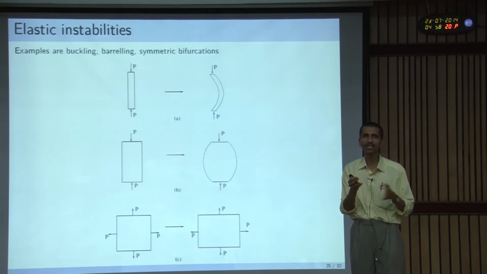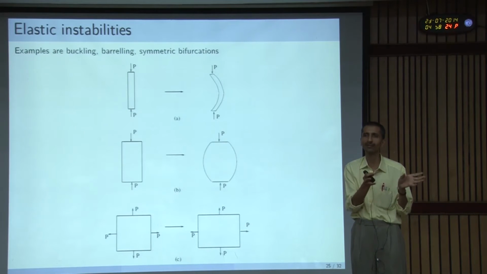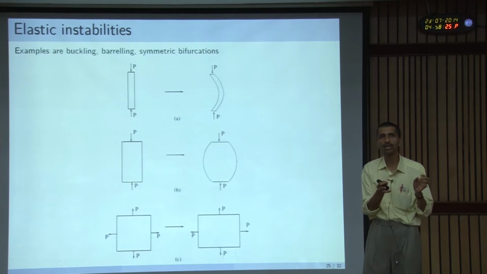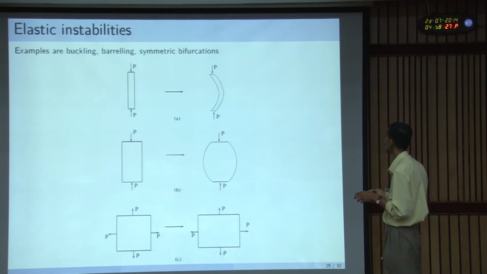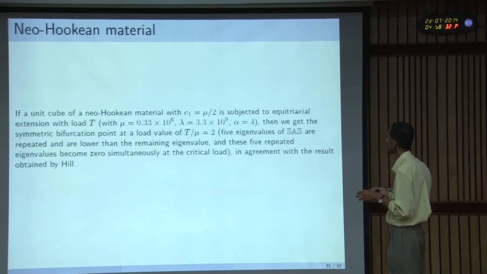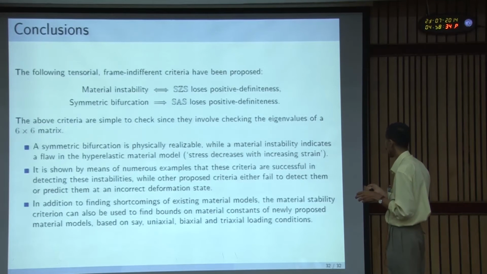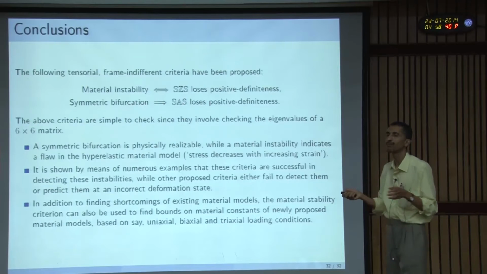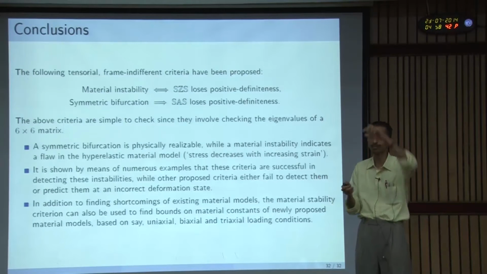We are just defining it; actually, it's a definition. But when you define, should it have some basis? See here, for the symmetric bifurcation, the reason I am saying that this is only necessary and not sufficient is that I can prevent it by putting some constraint. Like in a buckling problem, I put pins here, then it will not go away.